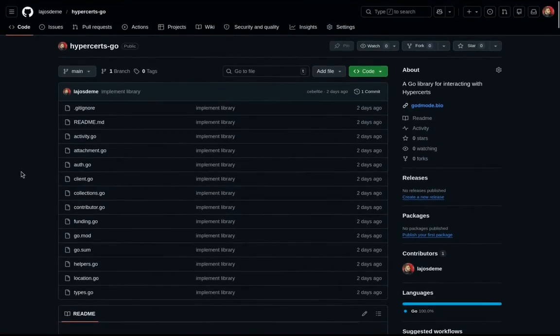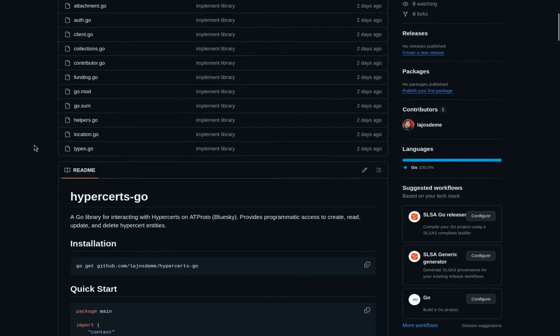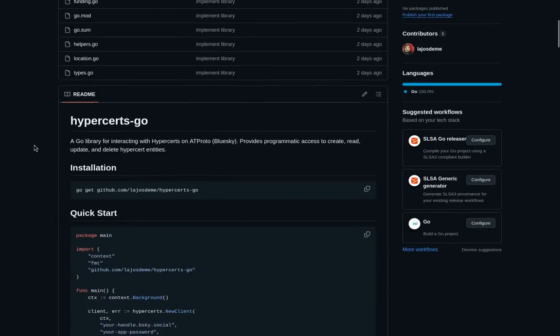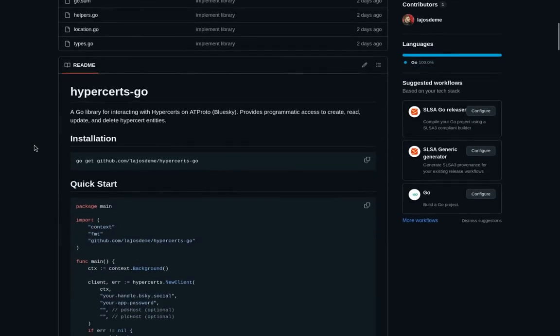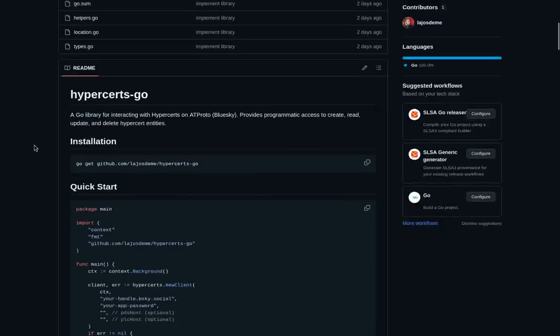Finally, we have a small utility library for HyperCert. This basically extracts the functionality from HyperCert CLI to the standalone Go module that we can import in the Godmode agent runtime. So we can create, store, and retrieve